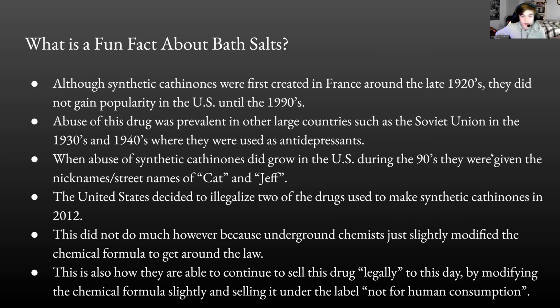An interesting fun fact about bath salts is, although synthetic cathinones were first created in France around the late 1920s, they did not gain popularity in the US until the 1990s. I found this interesting because it's essentially a 70-year gap where they existed, but they didn't really cross over into the US. And this is despite other countries such as the Soviet Union, where they were abused during the 30s